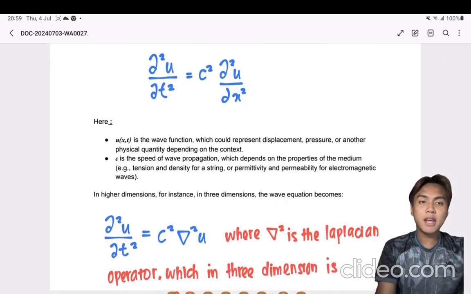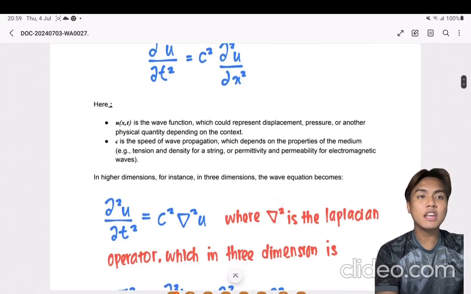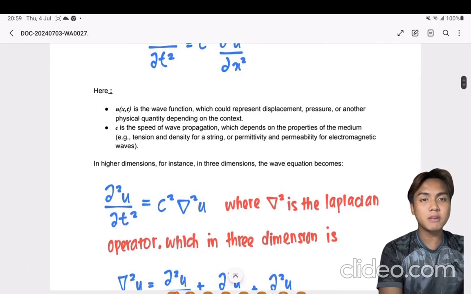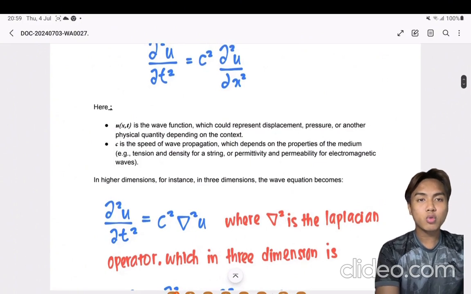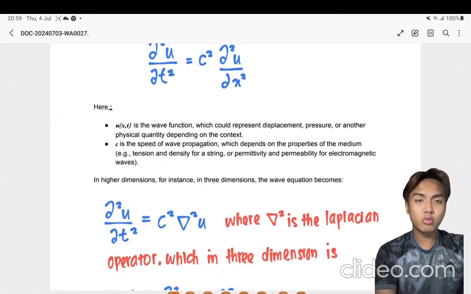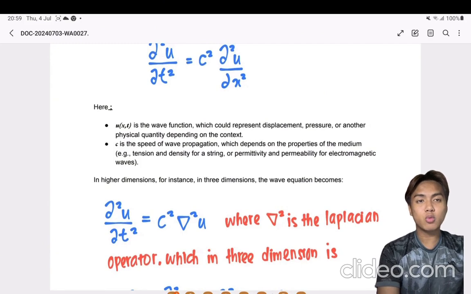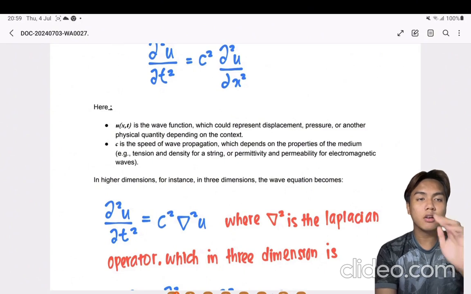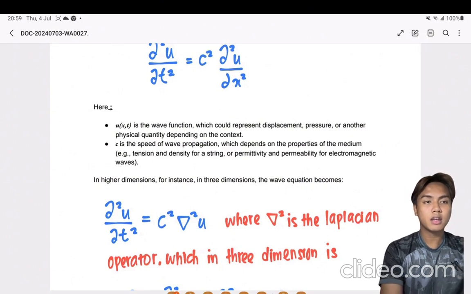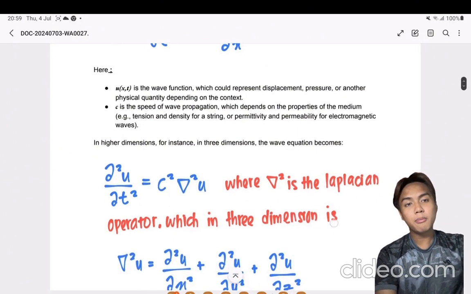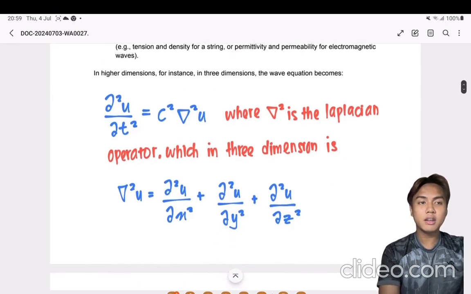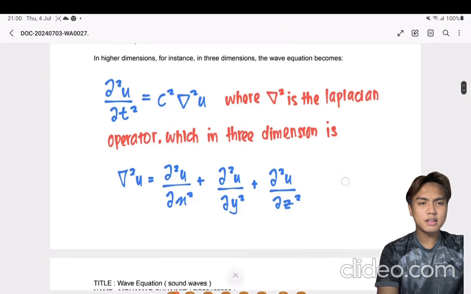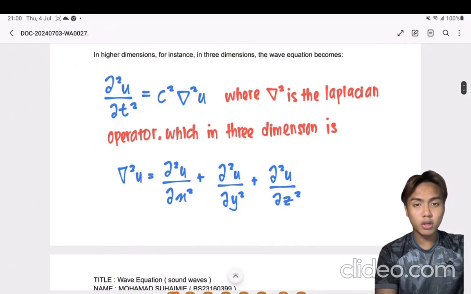In higher dimensions, for instance in 3 dimensions, the wave equation becomes d squared u over dt squared equals c squared times the Laplacian of u, where the Laplacian operator in 3 dimensions is like I already wrote